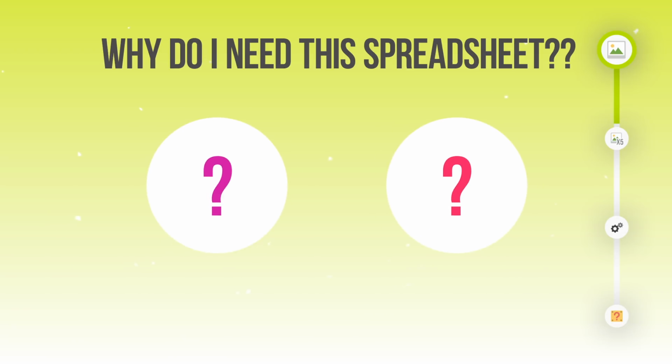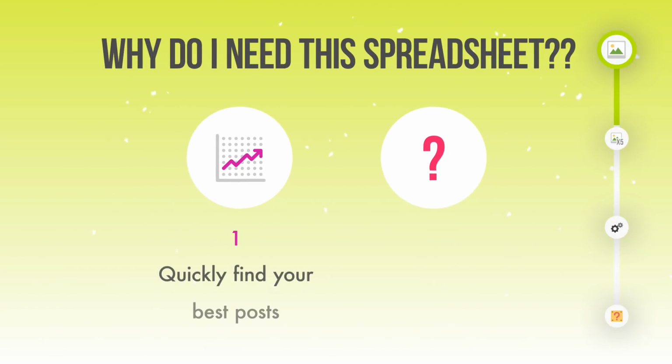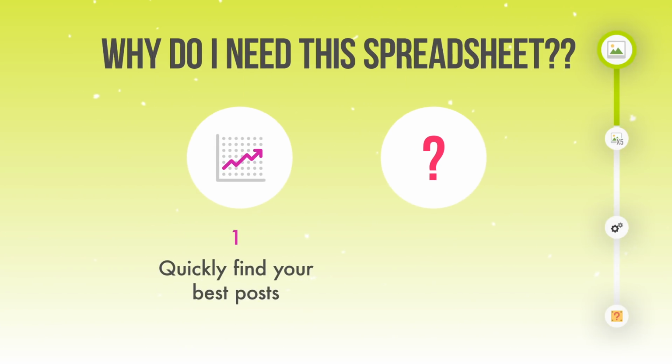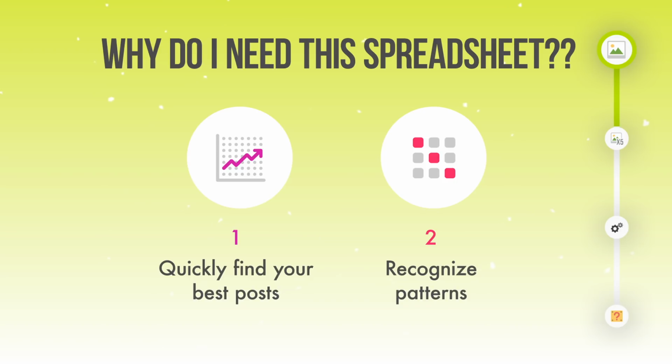Now bear with me for just a second because you might be thinking, yo Bond, I can just scroll through my Insta posts and determine which ones have the highest engagement rate simply by looking at it. Why do I need this spreadsheet? Well, it's twofold. Having this spreadsheet and going through to get the cold hard data is going to tell you exactly which posts, with no guessing involved, will make the best ads because they have that high engagement. But also on the flip side, it's going to show you the different patterns of which of your Instagram posts naturally get the most engagement so that you can use that in your social planning for the platform as well.